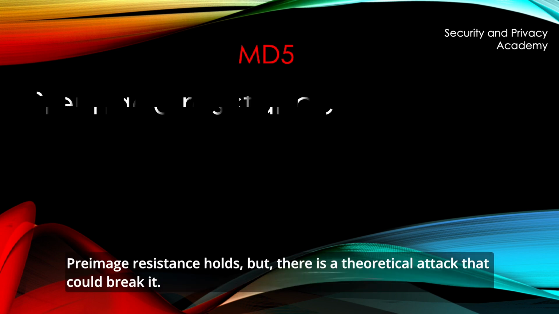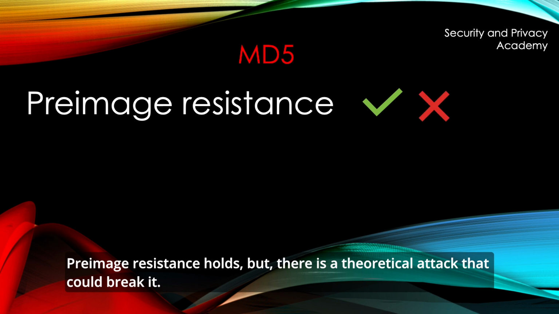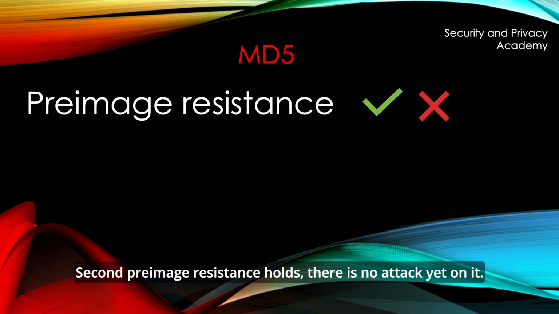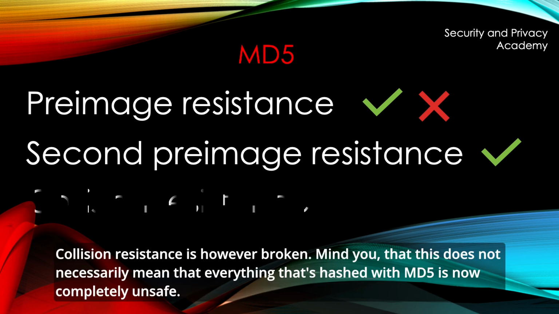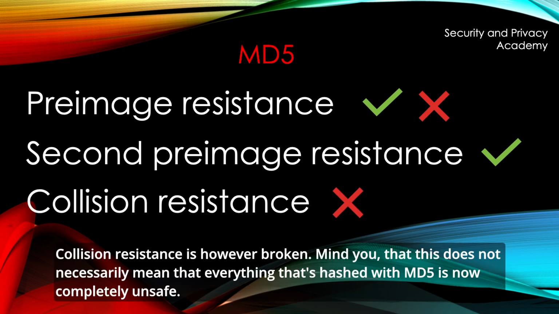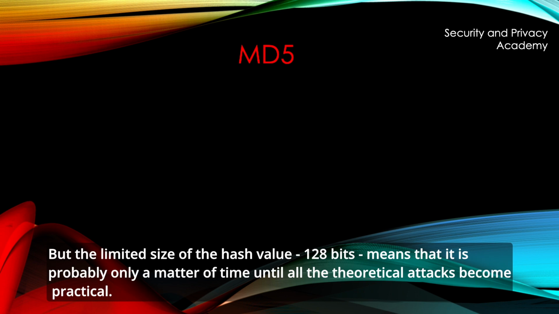Pre-image resistance holds, but there is a theoretical attack that could break it. Second pre-image resistance holds, there is no attack yet on it. Collision resistance is however broken. Mind you that this does not necessarily mean that everything that's hashed with MD5 is now completely unsafe. But the limited size of the hash value, 128 bits,